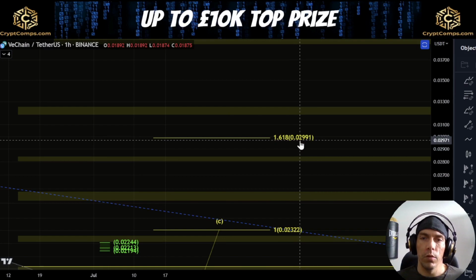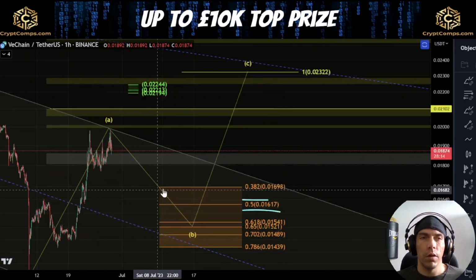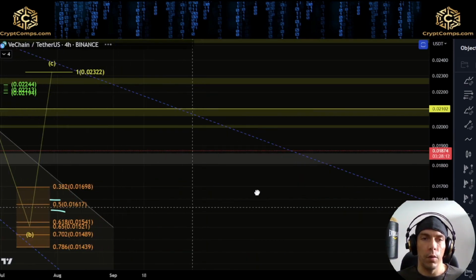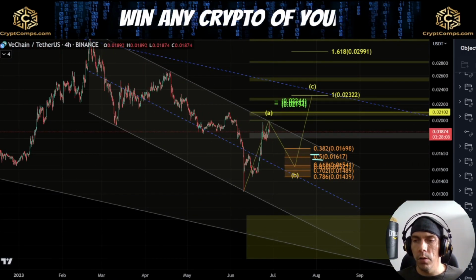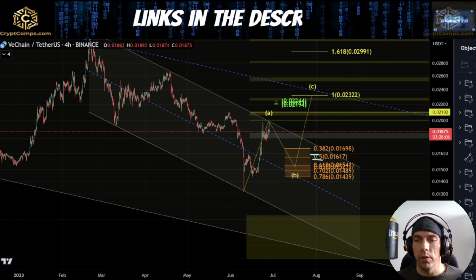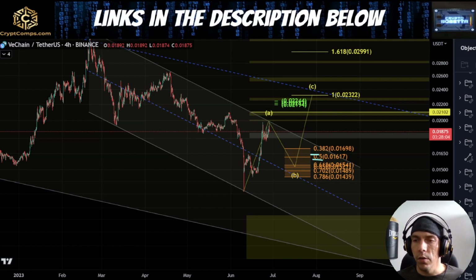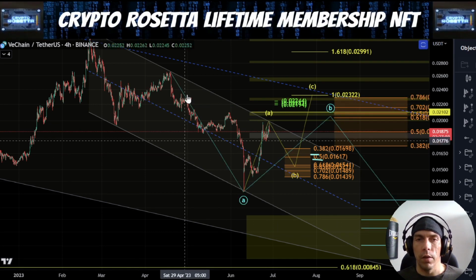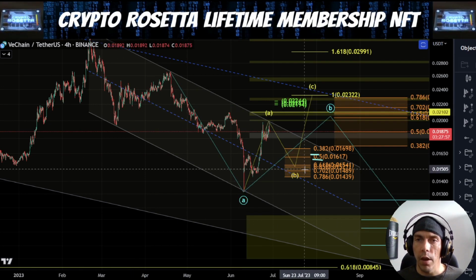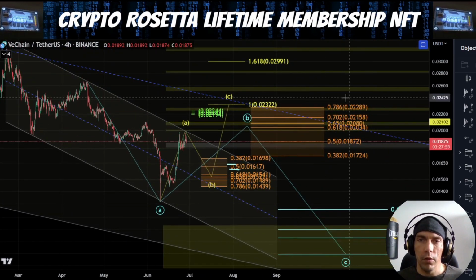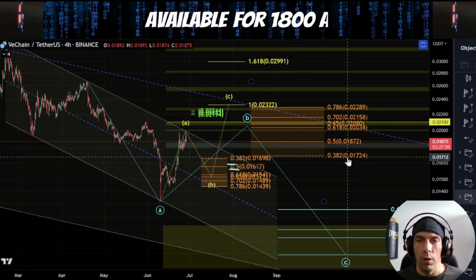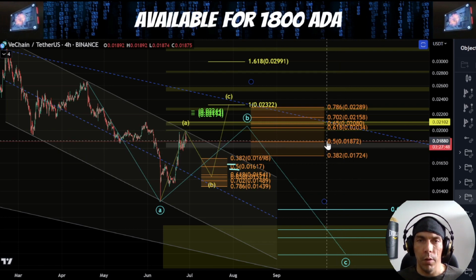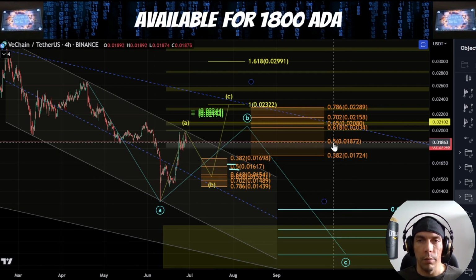Alternatively, if we move up towards this 02991, this would give us a trending move to the upside. So I just want to talk about what these could be effectively. If we are looking at that corrective move as an ABC to the upside, this would tie into the idea that this is an A wave, looking for an A, B, and a C, which is looking to actually target this area of the 0289 to this lower range here, which we've already hit. So we need to just be careful.